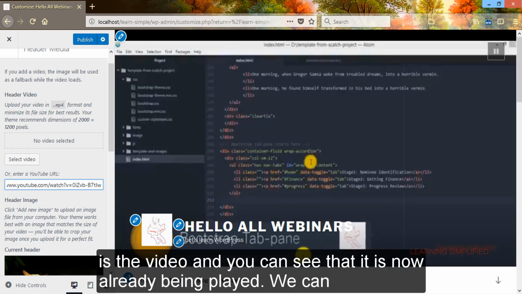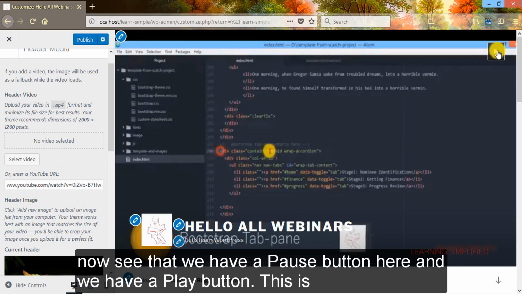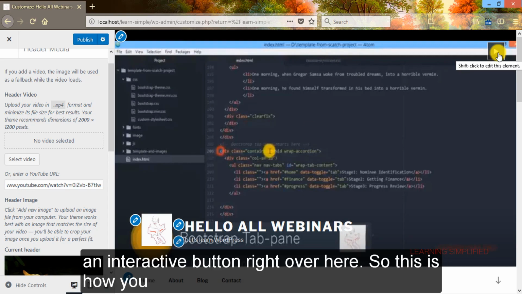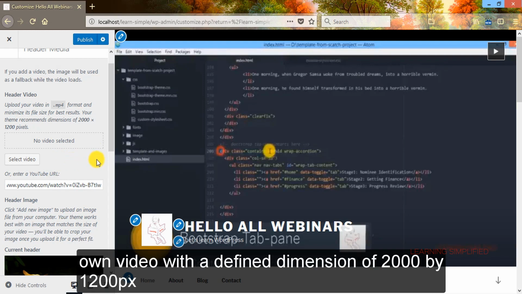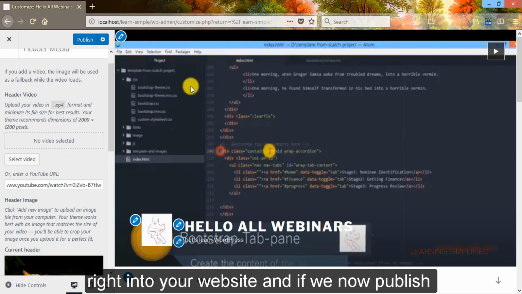There it goes. This is the video, and you can see that it is now already being played. We can see that we have a pause button here and a play button. This is an interactive button right over here. So this is how you can include your YouTube video, or you may include your own video with a defined dimension of 2000 by 1200 pixels right into your website.